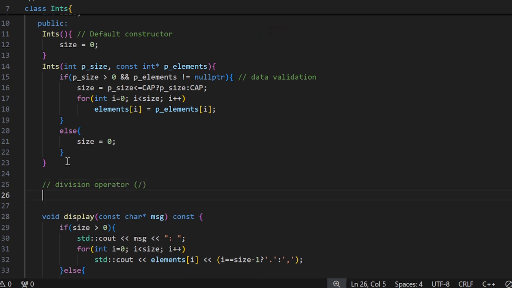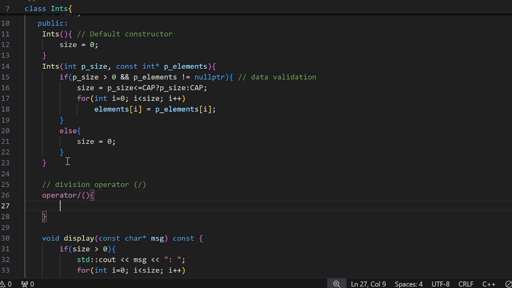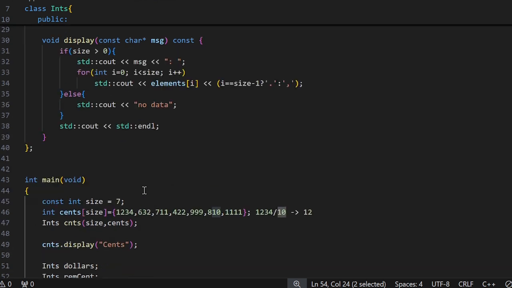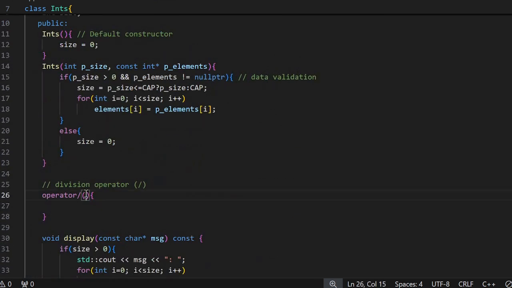So the syntax for doing it is we use the operator keyword followed by the operator symbol. Since in this operation, the parameter, this is going to be the current object, and the argument we are passing would be 10. This is integer type, so we want this function to have an integer type parameter. Let me call this divisor,